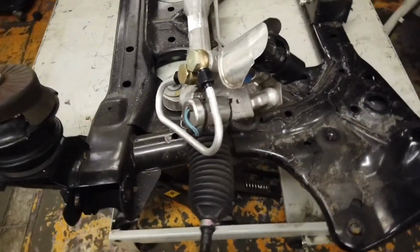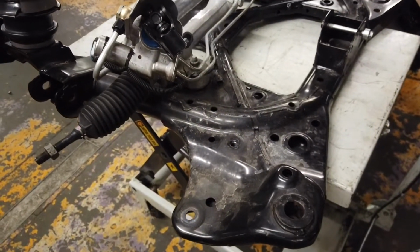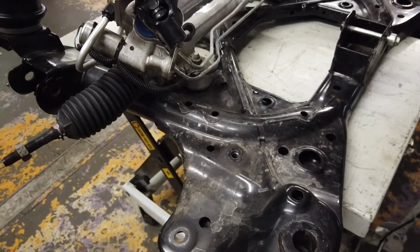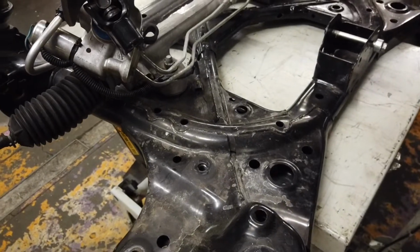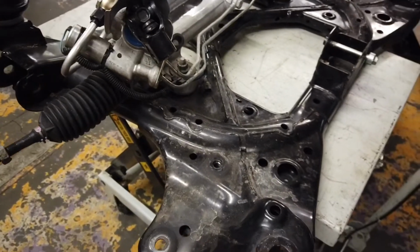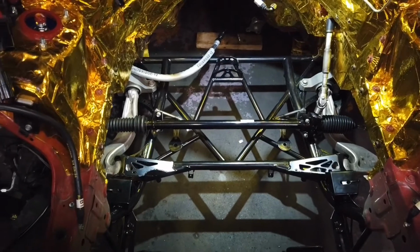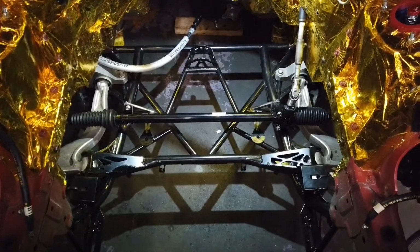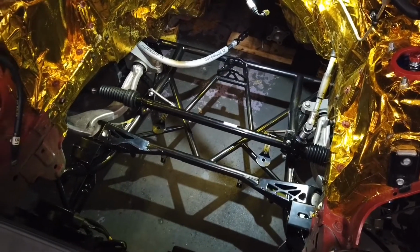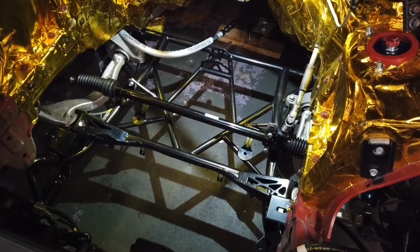And one of the things that makes it a little bit more difficult when you're running the car set up the way we are with a full Motec, which we'll go into more detail on another video, is the power steering assist, variable assist, is not functional, which makes it even more difficult to turn the wheel. So as you guys can tell, this is quite a stark contrast to what the factory rack and cradle looks like. I haven't weighed everything yet, but everything online published says that this thing saves about 40% weight over the